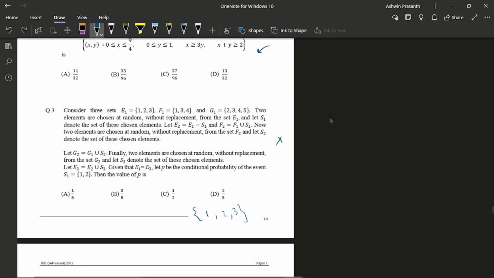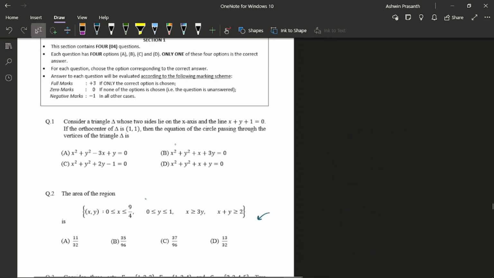Another tip for you is that in the scribble pad, you mark the questions properly and write it, and then if you're going to leave the question, leave some space there and move on to the next question. That way, if you're coming back to the question in round two, you will already have this information here. You don't have to read the question again. That will save you a lot of time. So that is one thing I followed in the paper. Anyways, moving on to the next question.